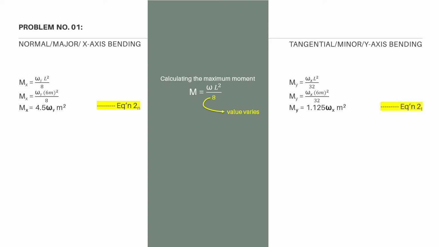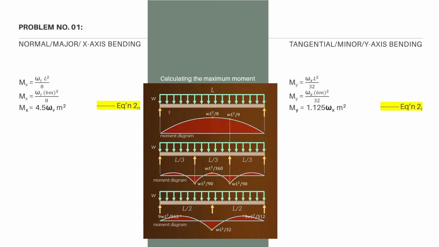Bakit nga ba iba-iba yung value ng denominator? It is because of the sagrad. Ang main purpose ng sagrad ay para suportahan yung purlins para hindi mag-bend masyado. Kaya iba-iba yung possible na maging value ng denominator kasi depende siya sa position ng sagrad tsaka sa axis na